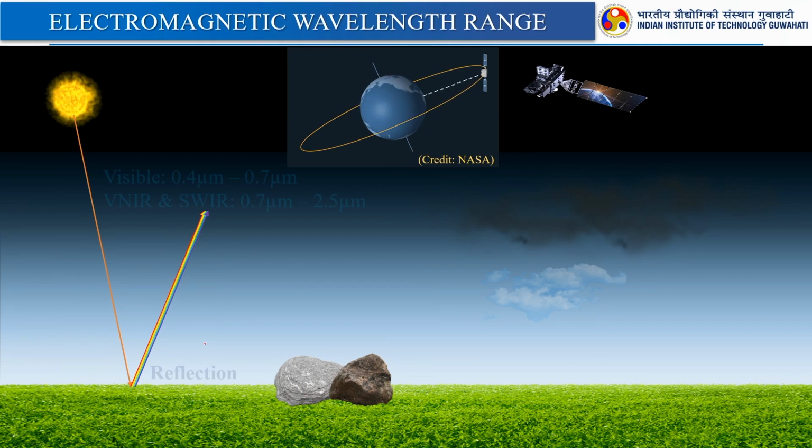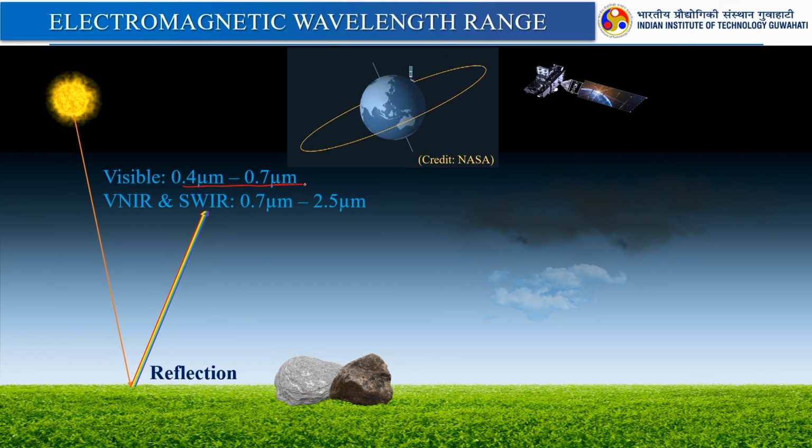In remote sensing, we use the electromagnetic wavelength ranges. Now, different wavelength ranges have different properties, and based on that different properties of the target can be identified or it can be measured. So, when we are talking about this 400 to 700 nanometer and 700 to 2500 nanometer,